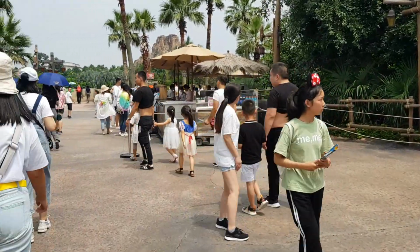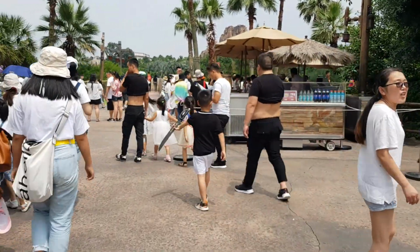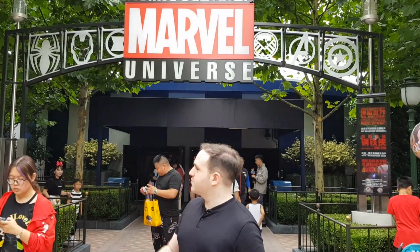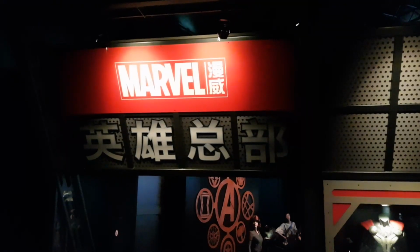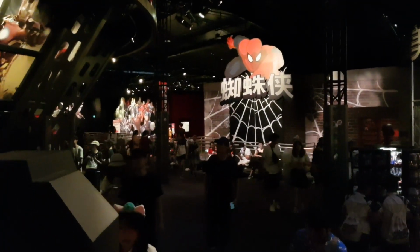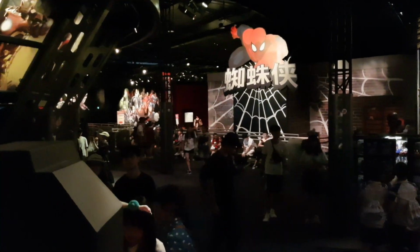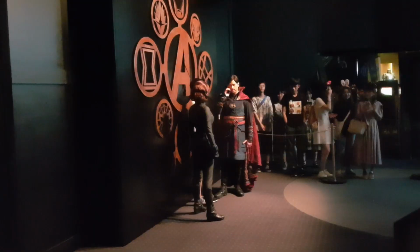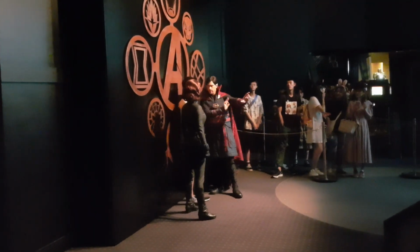So after doing 2 loops around the same side of the park, we decided we would go over to around where we entered. And the first of these areas that's around where we started was the Marvel Universe, which, as its name reveals, is obviously the place where you get to see your comic book heroes, and particularly, it focuses on the Avengers. If you're someone who enjoys the Avengers franchise, well then, this is probably going to be a place that you'll enjoy being in, because you get to see some people dressed up as superheroes and take pictures with them,